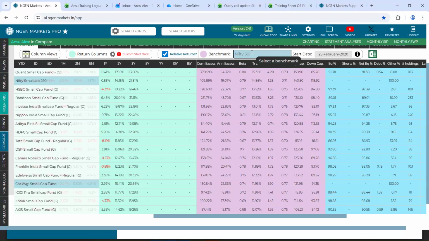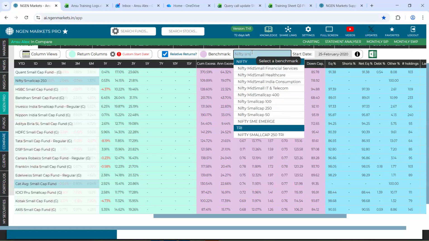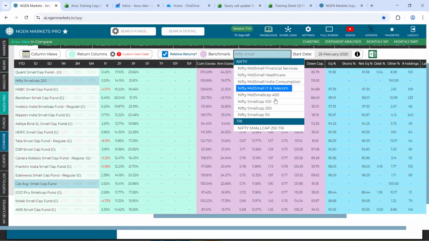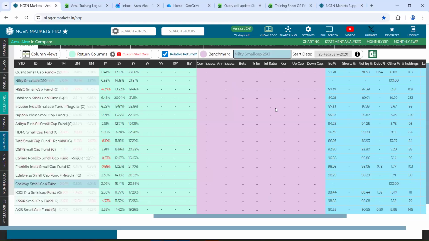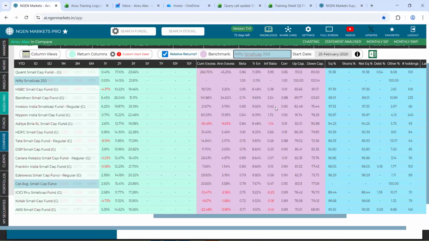You have an option to edit this benchmark as per your requirement. Since we are looking at a list of small cap funds, I will be adding in the Small Cap 250 as the benchmark. Post that, we'll also make sure that the start date for this pink color coded column exactly matches the start date that we used for the returns column, which is the green color coded column, so that you can have a fair apples to apples comparison.